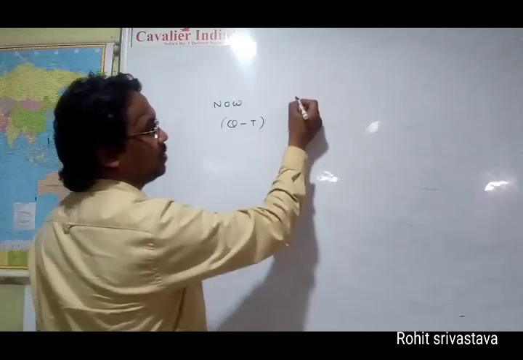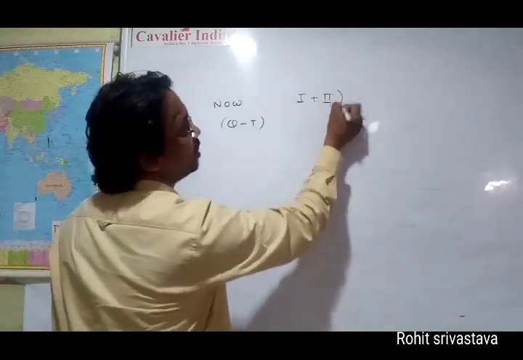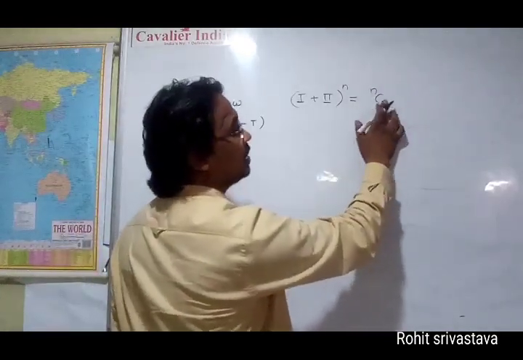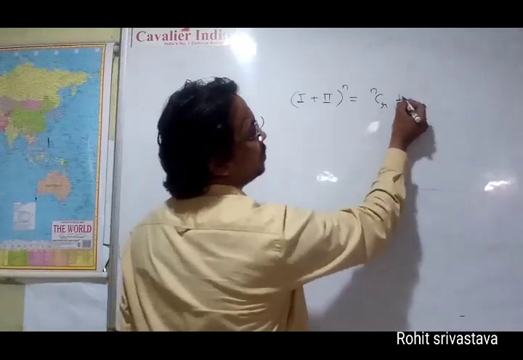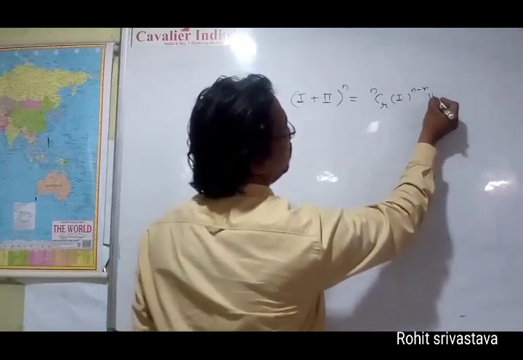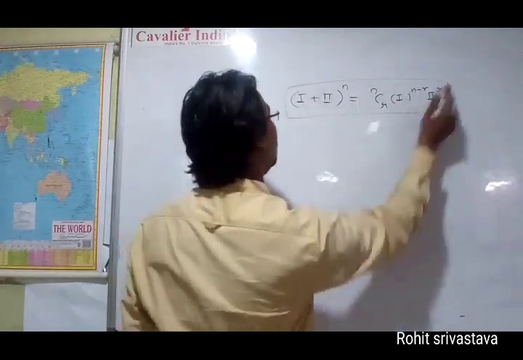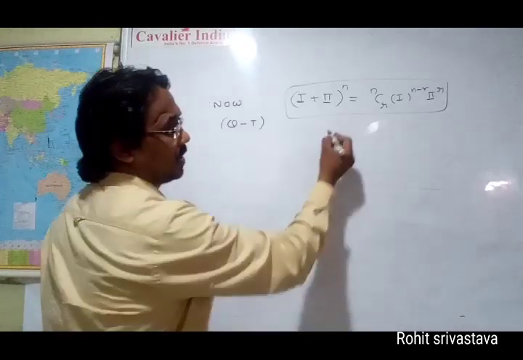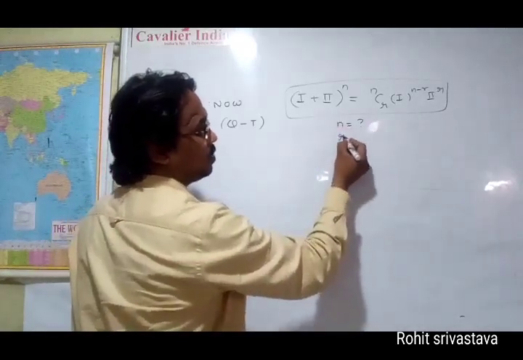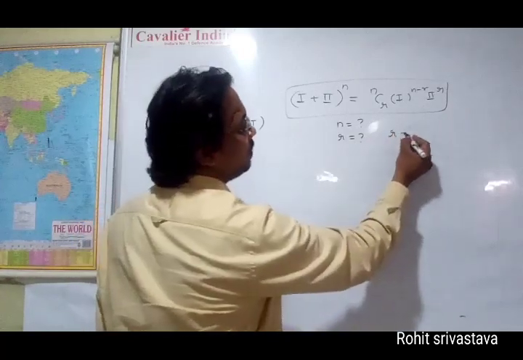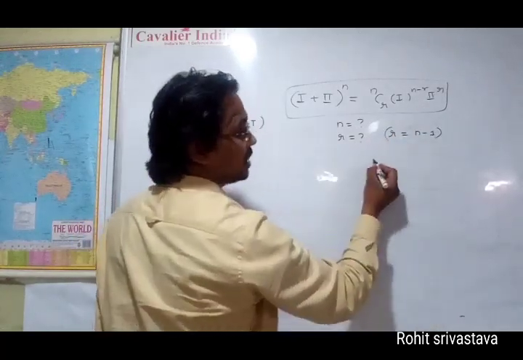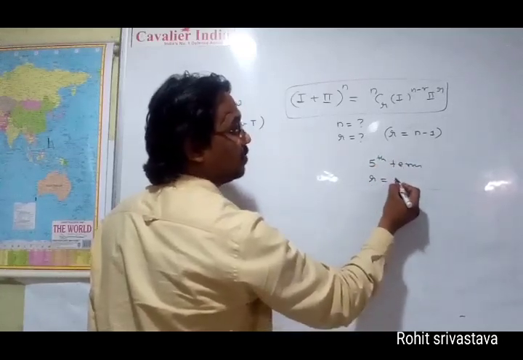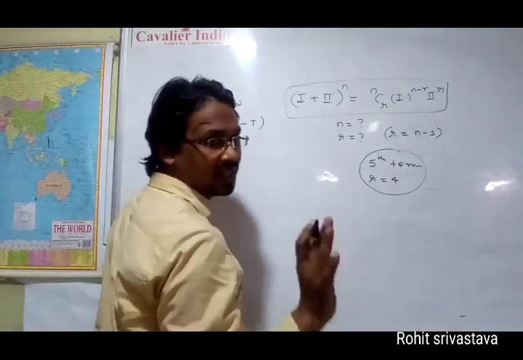Before that I have explained: if you have first plus second to the power n and you open it, NC0, here 0 I have written. In the formula I told you, NCR, first to the power n minus r and second to the power r. In this lesson, student, you have to pay attention to how to find n and how to find r. R will be n minus 1. It means if you are going to find the fifth term, R will be 4 for the fifth term. First, you have to remember this.